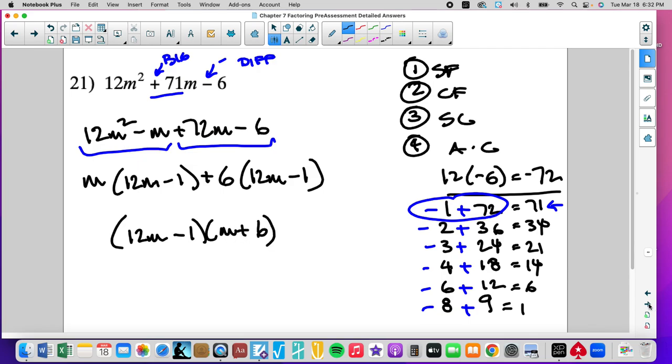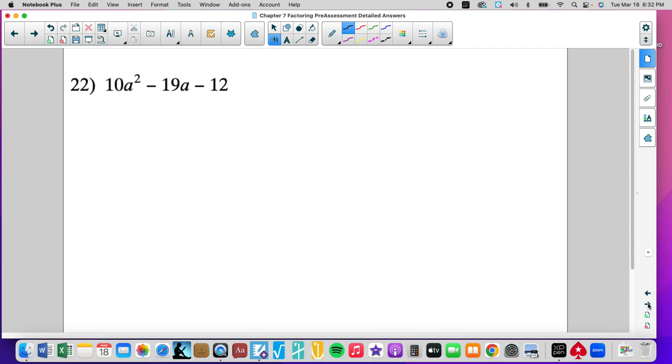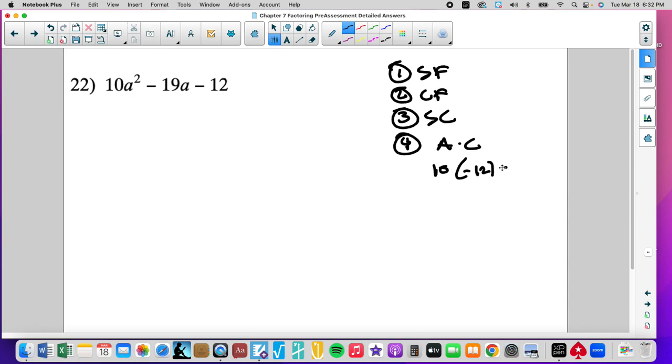Good. When I look at your work, I should see all of this. I should see the same exact process. Standard form, yes. Common factor, no. Special case, absolutely not. A times C. A is 10. C is -12, -120,